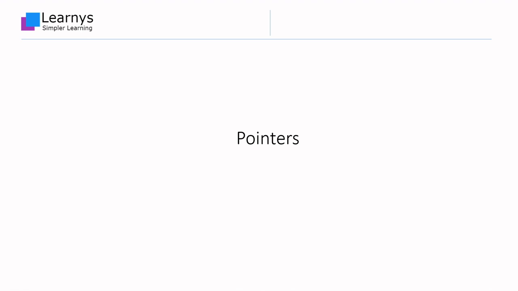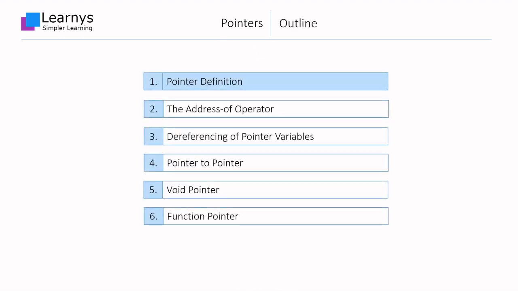In this lesson, we are going to understand pointers, which is one of the most important topics of C language. This lesson starts with explaining the layout of the primary memory of a machine and goes on to define pointers. The address of operator can be used to obtain the address of a variable, which is discussed next, followed by the discussion on dereferencing of a pointer variable. Dereferencing is the process of fetching the data pointed at by a pointer variable.